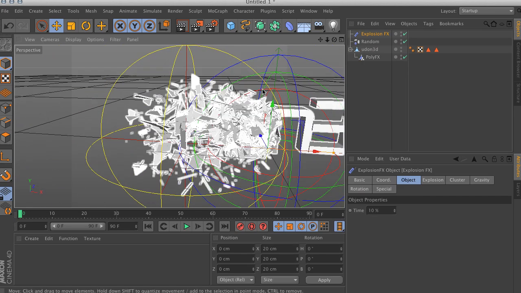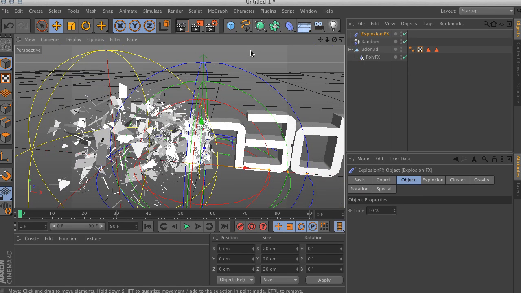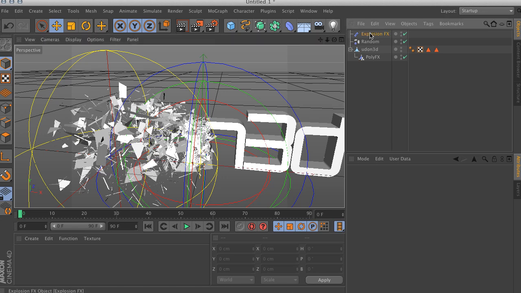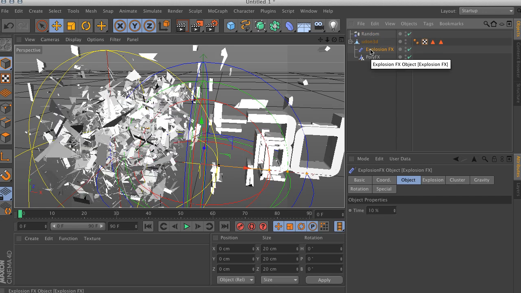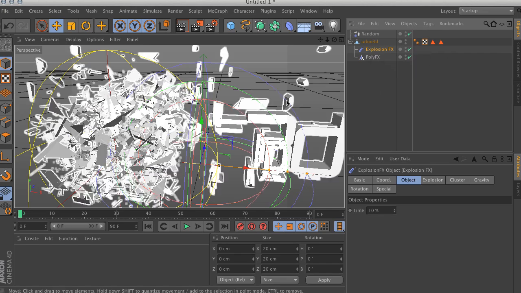Now this is another time where I ran into a little bit of a weirdness. He said just drop in the explosion effects under the Polyfx. I believe that's what he said. But I noticed that you have to actually put it under your polygon. So that's the first weird thing. So I drop it under the polygon,